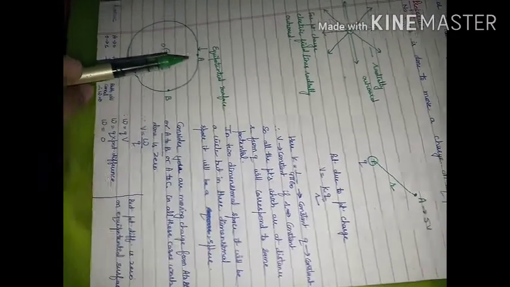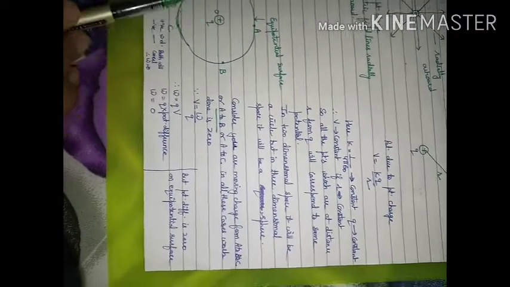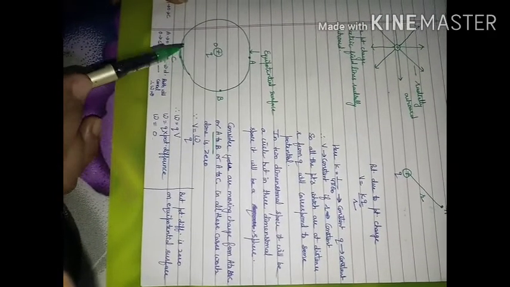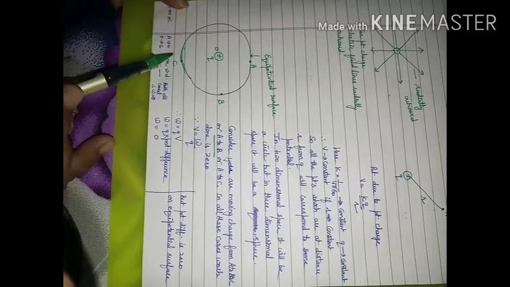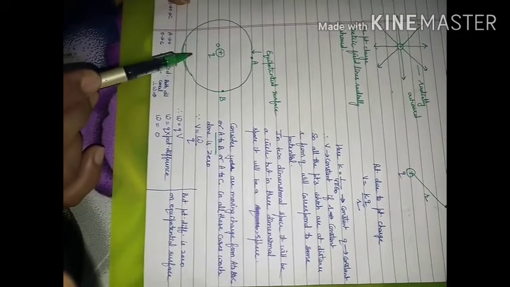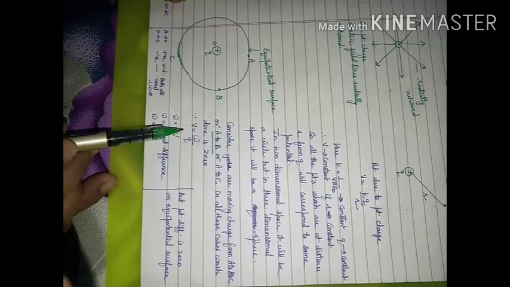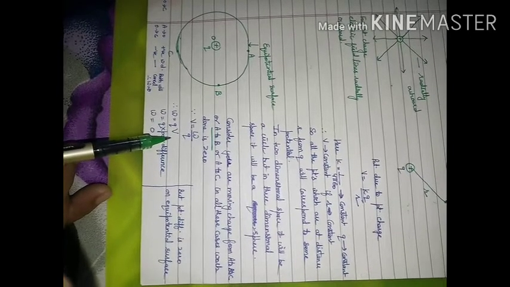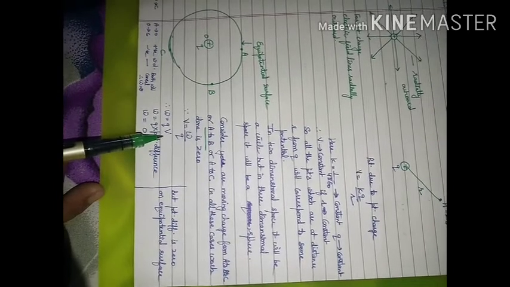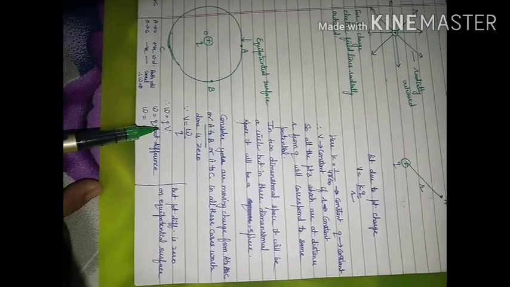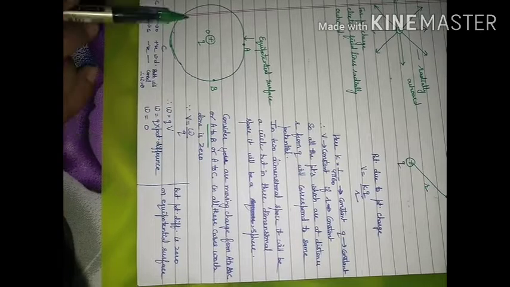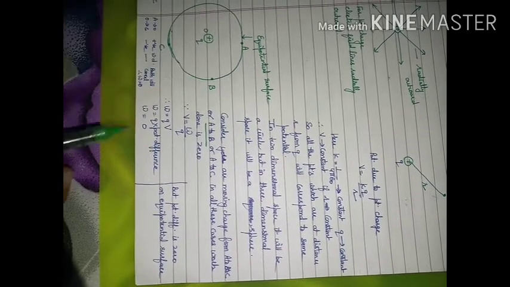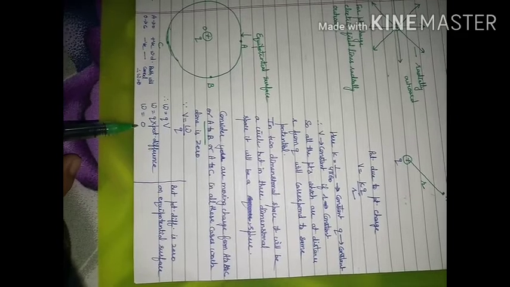So let us consider this is the equipotential surface for this charge, and now I am moving this charge from A to B, or A to B to C, or from A to O, then O to C. In every case, work done will come out to be 0. Why? Because potential is equal to work done upon charge. So work done will be equal to charge multiplied by potential, which is actually the potential difference between the 2 points along which you want to shift your charge. So this is an equipotential surface. Potential difference between point A and point B will be 0. So when this value is 0, work done will also be 0.